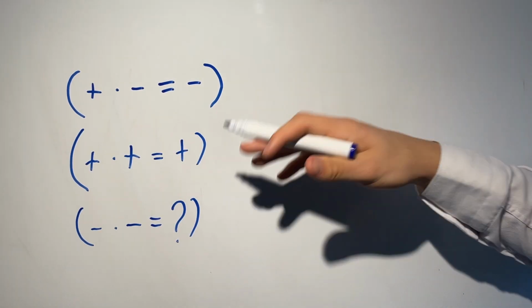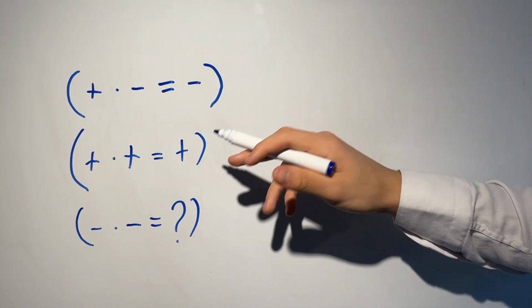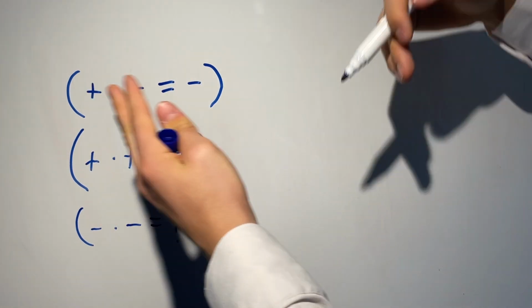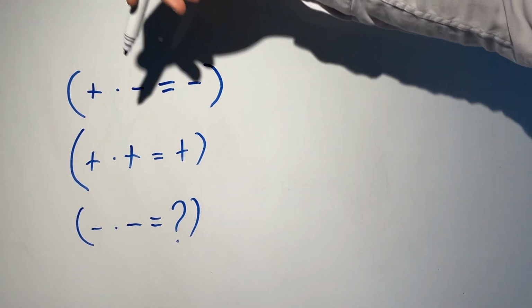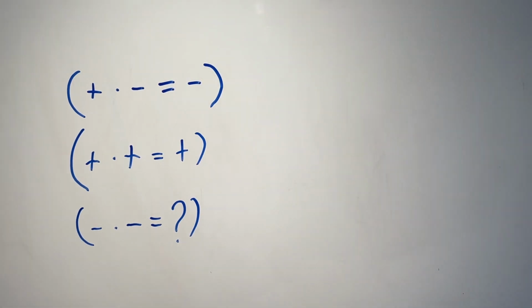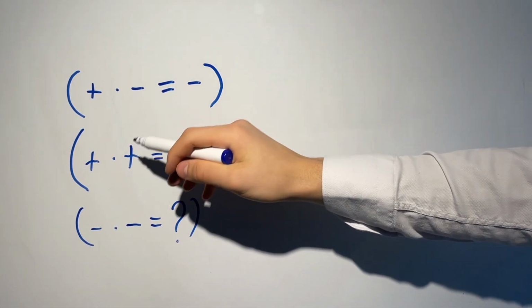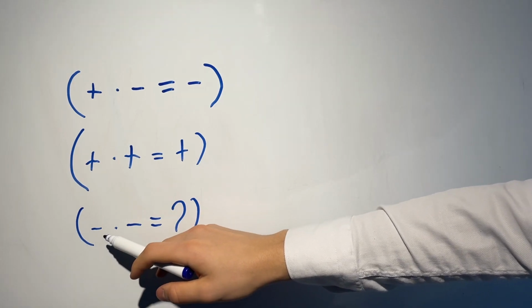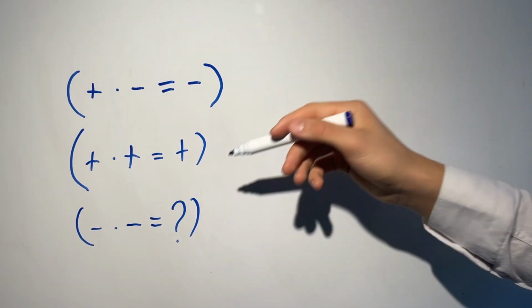As you can see, here are the basic multiplication rules. We have positive times negative equals negative, and also vice versa, so negative times positive is negative. Then we have positive times positive is positive, and lastly we have negative times negative, which is the thing that